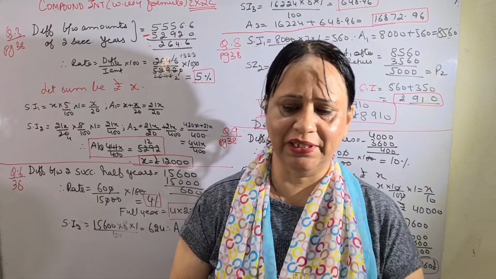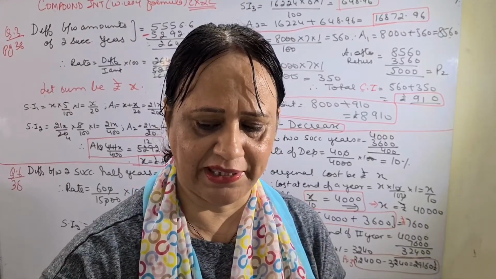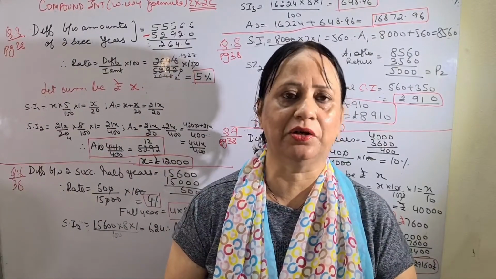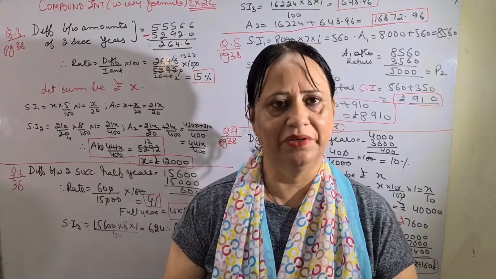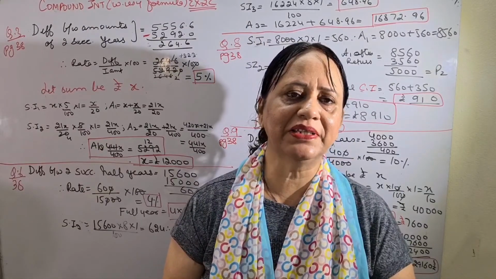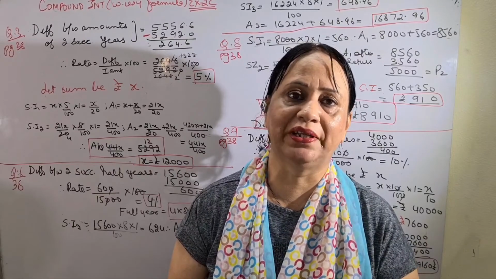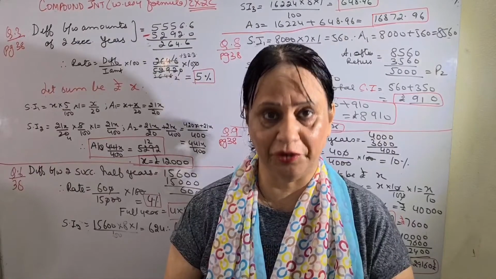So starting with exercise 2C, question number 1, 2, 3 are all the same. Now in this exercise you have to find the rate of the principal given. For example, till now you have not found the rate, but in these questions first you have to find the rate, then the original principal without using the formula.